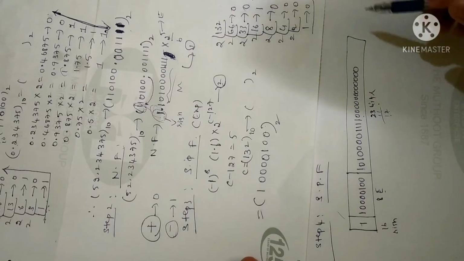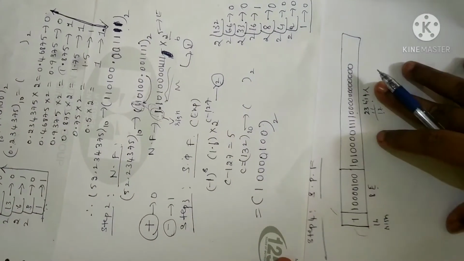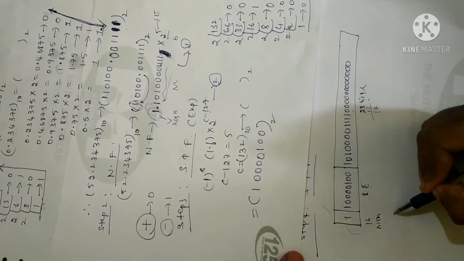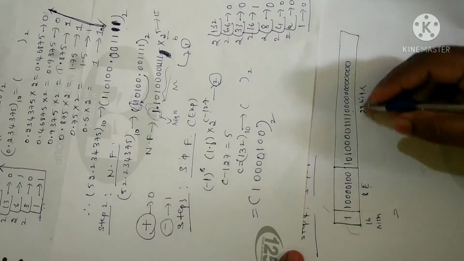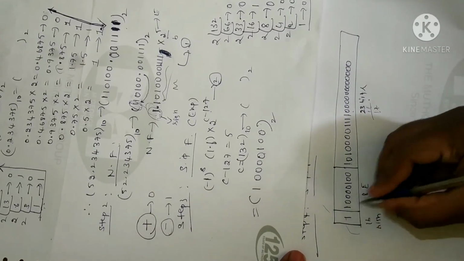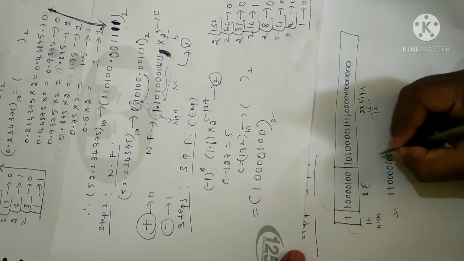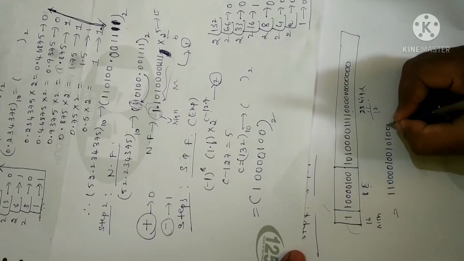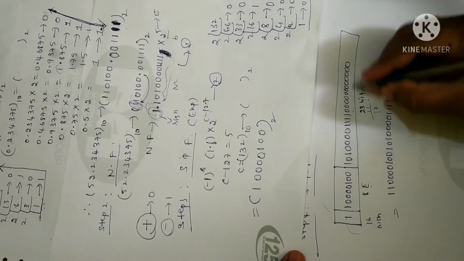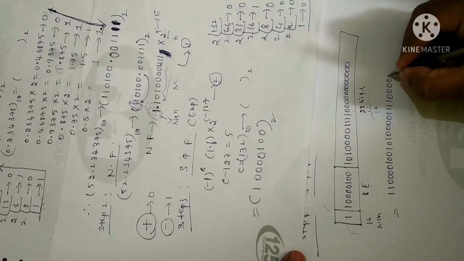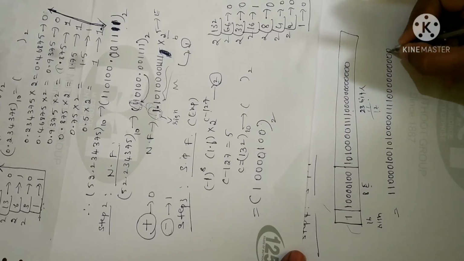Now totally there will be 32 bits. At the last step you have to combine all this, in the sense you have to write all these numbers together. So let me do that. 1 followed by 4 zeros, again 1 followed by 2 zeros, 101 followed by 4 zeros, again 4 ones followed by 12 zeros.